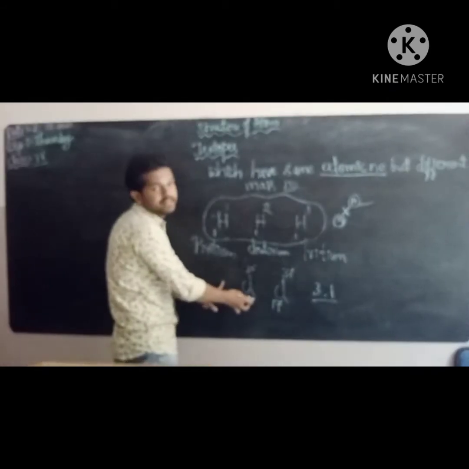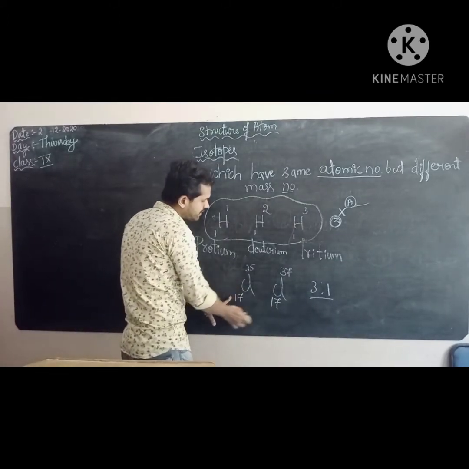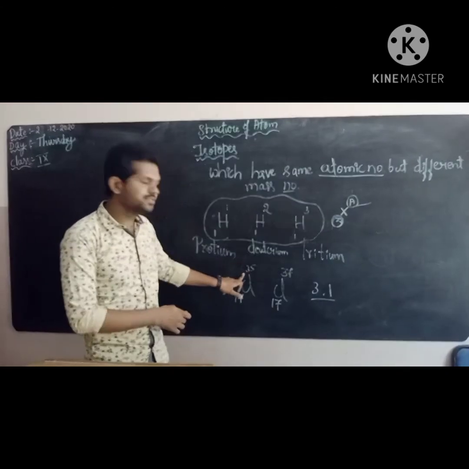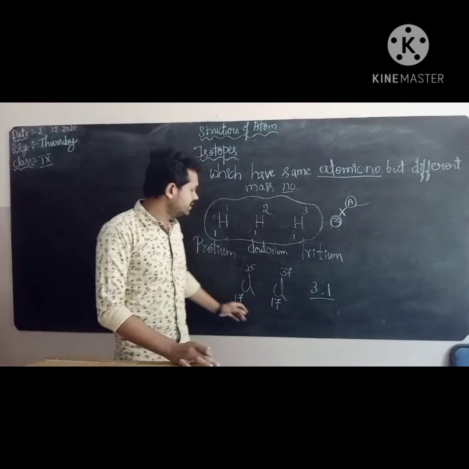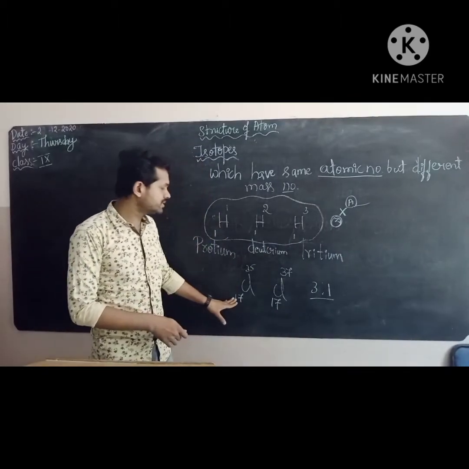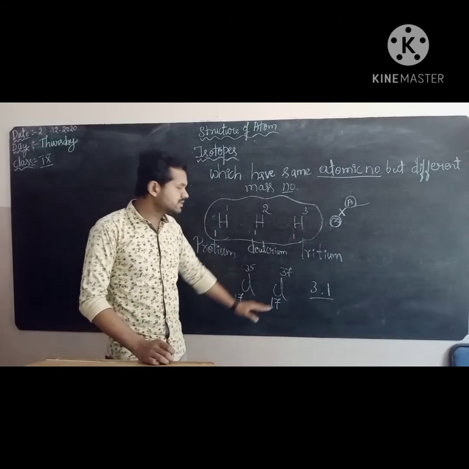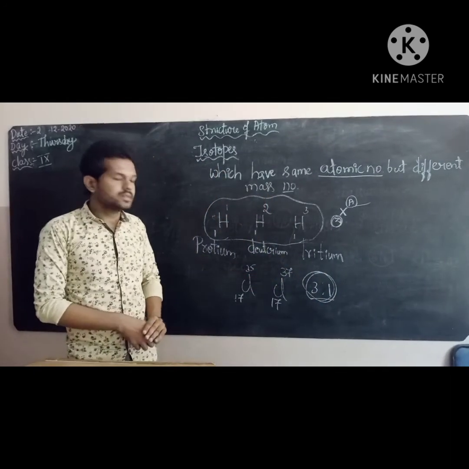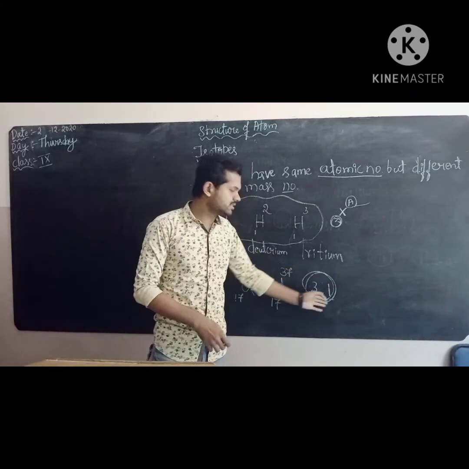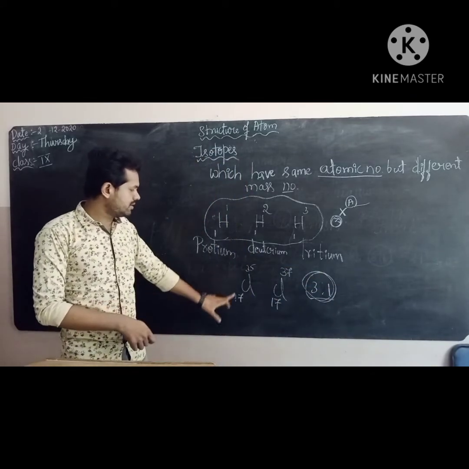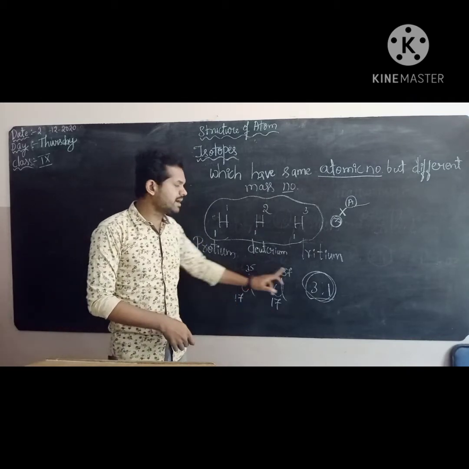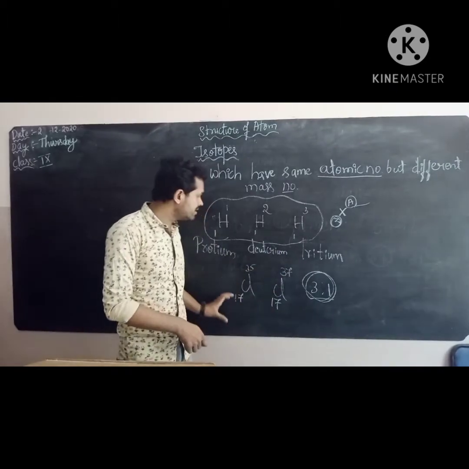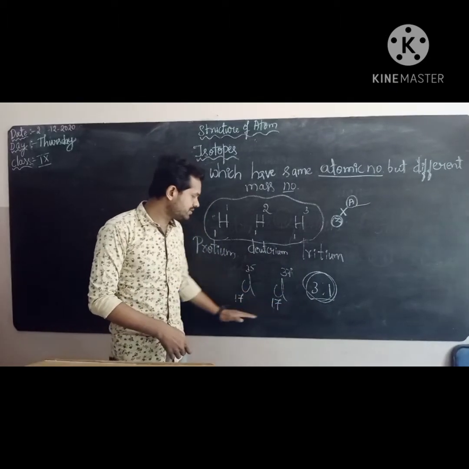So chlorine is having an atomic number 17 in both, but here we can see the mass numbers will differ: 35 here, 37. So it can exist in nature in two forms, and it can combine in the ratio 3:1. Okay, so it will exist in nature in a 3:1 ratio. Its atomic number will be the same, but the mass numbers will be changed. Okay, now we should calculate the average percentage of chlorine.